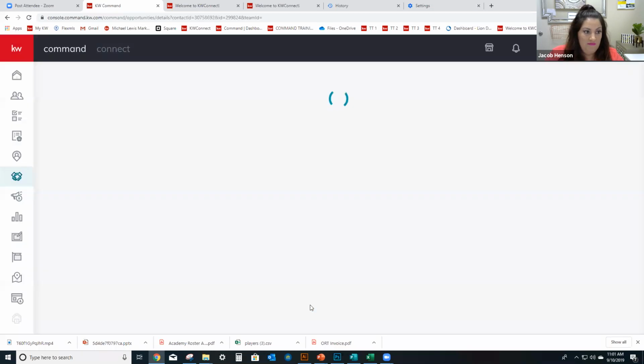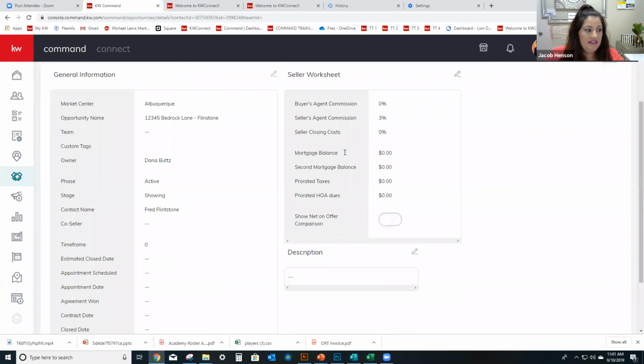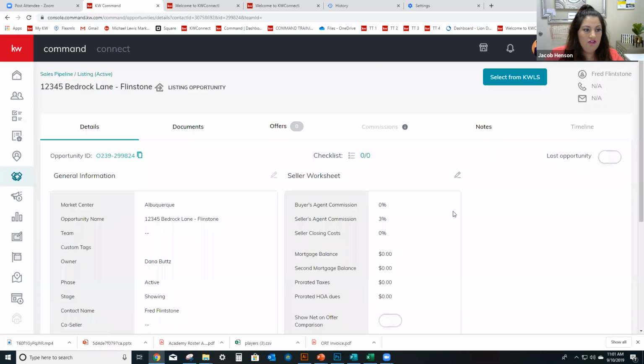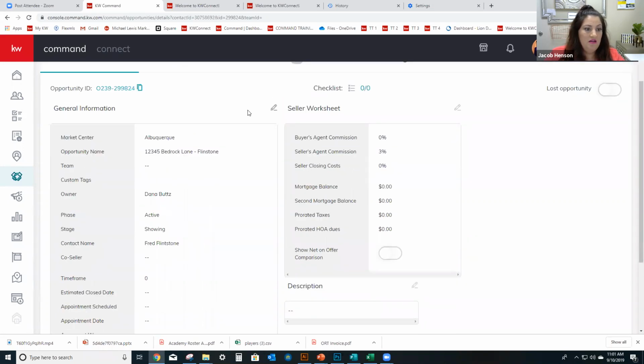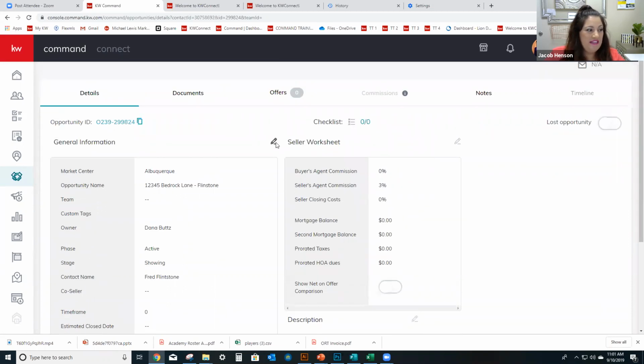Create opportunity. Now he's in there. If I want to go back and look at the pipeline, I could just click this up here. These details, this is where all your transaction information is going to be stored. Keep an eye out for these little pencils. That's how you edit information. They're kind of hard to see unless you're used to looking for them, so they get darker when you hover over. If I want to edit this,